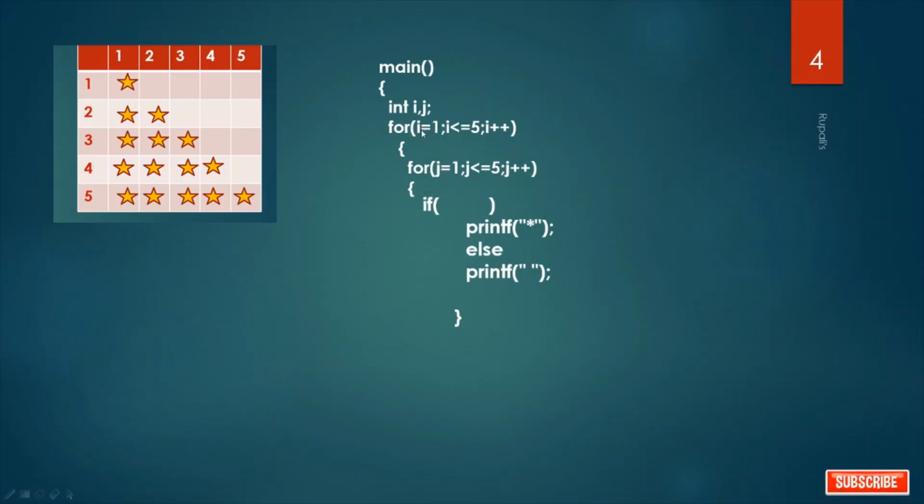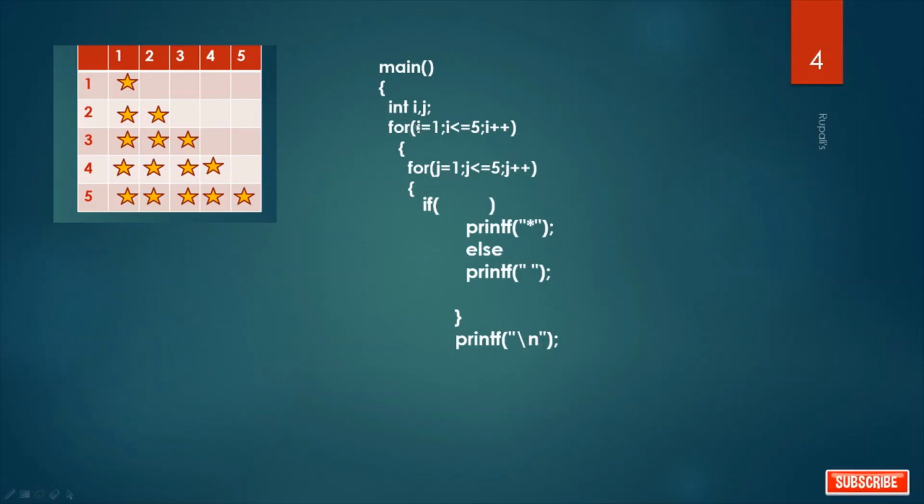So you have to write here printf /n. After completion of one row you have to write /n.